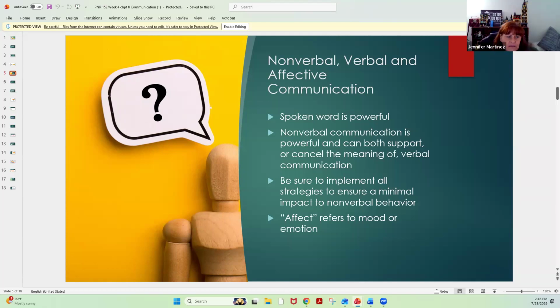Affect, on the other hand, is our mood or emotion. That's the feeling tone when it comes to our communication. Everybody has heard those fake customer service voices. So we have to be really careful. We have to make sure that we are using the appropriate affective tone